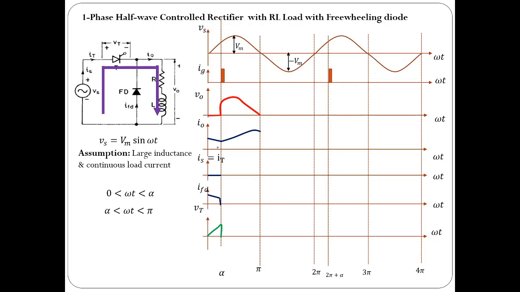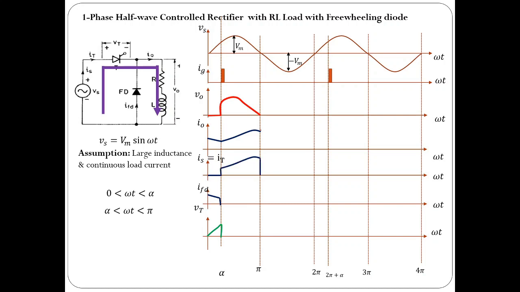So that is this way, in a smooth way. Of course, the mathematical expression for this current can be obtained by solving the equation, that is V0 is equal to R into I0 plus L into di0 by dt. So we know V0 is equal to that, and from that you can calculate the mathematical expression for this I0 during this period.